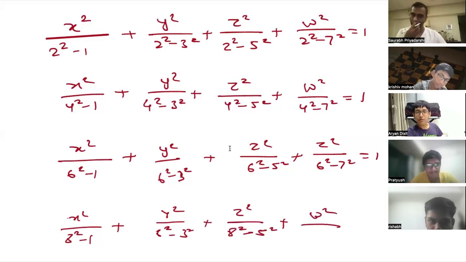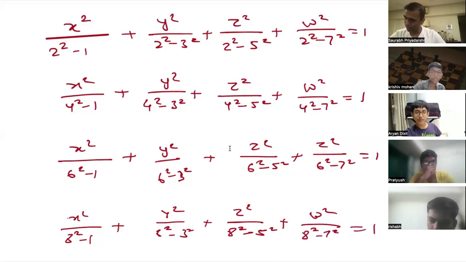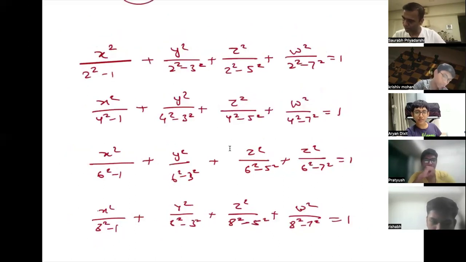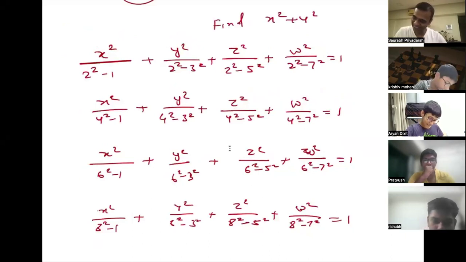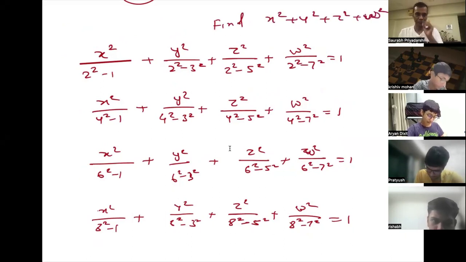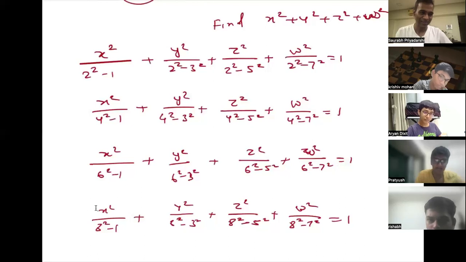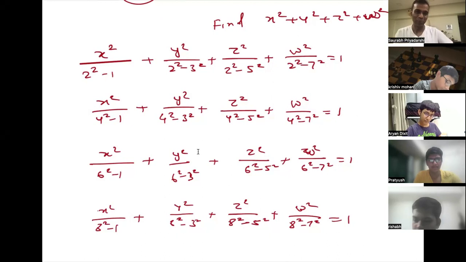ये X Y Z W स्क्वायर होना चाहिए ना तीसरी इक्वेशन में। तो X स्क्वायर Y स्क्वायर Z स्क्वायर वही है, भावनाओं को समझो। W तीसरे वाले में। राइट, फाइंड X स्क्वायर प्लस Y स्क्वायर प्लस Z स्क्वायर प्लस